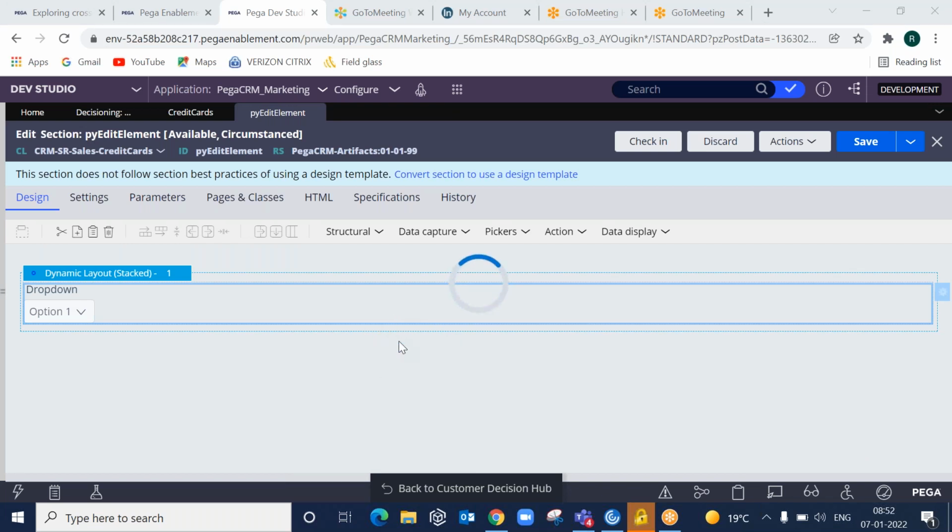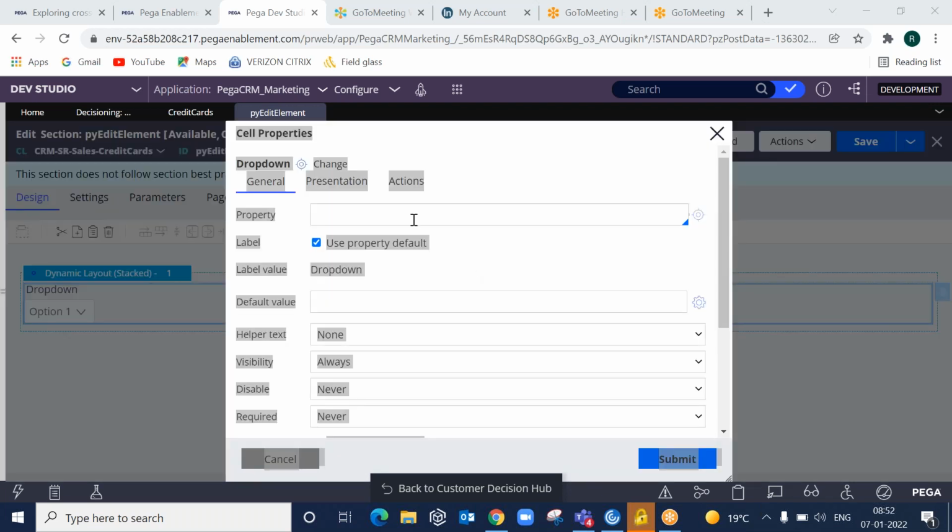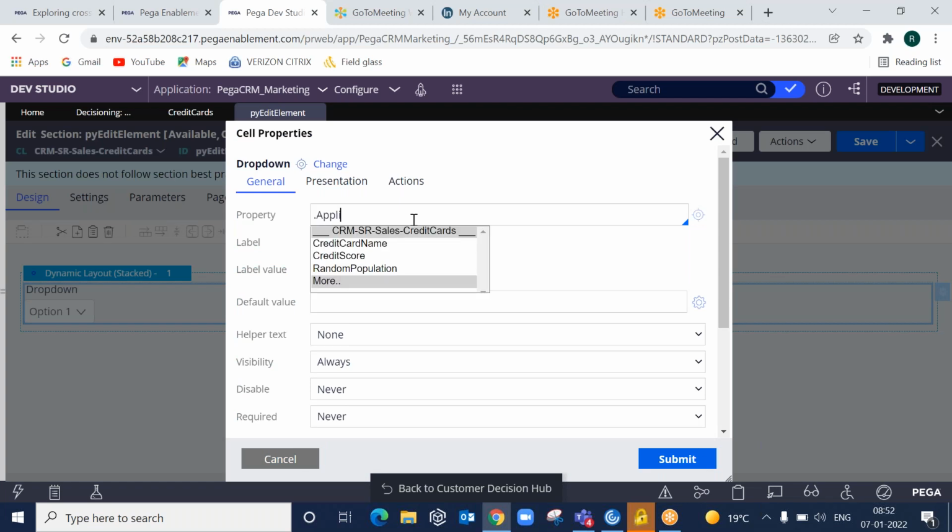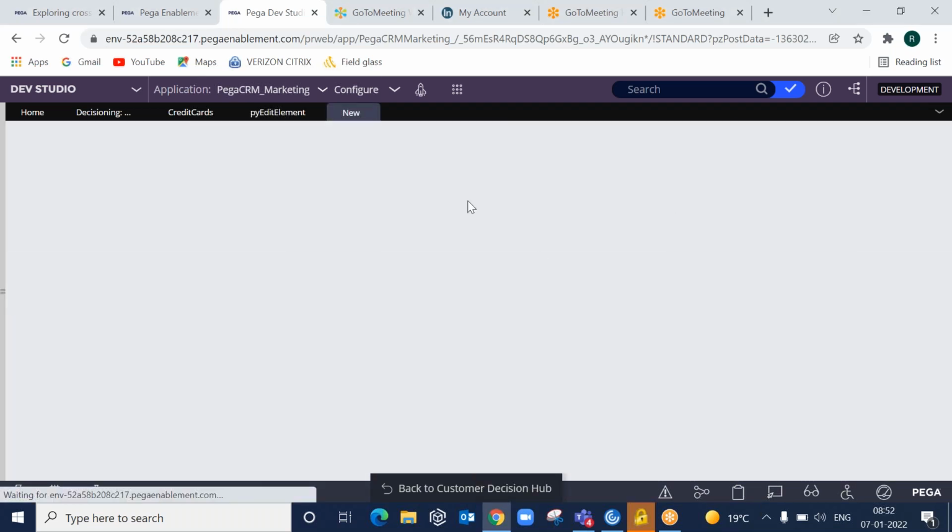So let us call it applicable city. That means this particular credit card offer is applicable to which city.